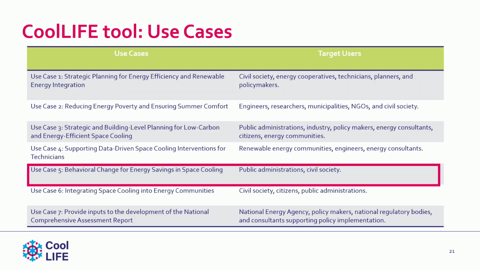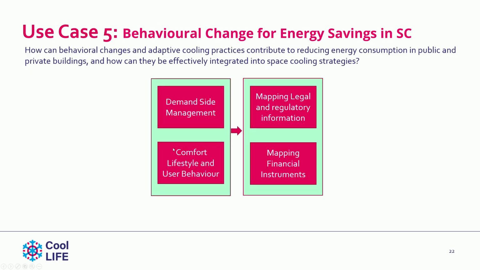The fifth use case is talking more about behavioral change and energy savings in space cooling, and these are mostly designed for target users such as public administrations and civil society. Here we make use of 4 calculation modules to answer the research question: how can behavioral changes and adaptive cooling practices contribute to reducing energy consumption in public and private buildings, and how can they be effectively integrated into space